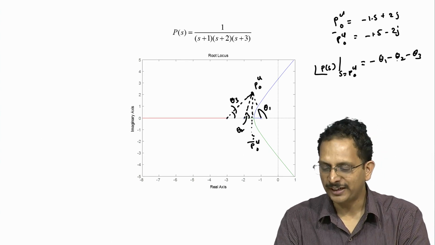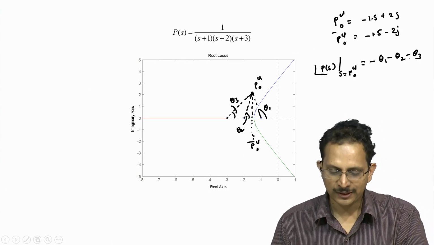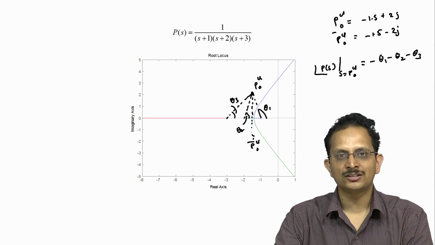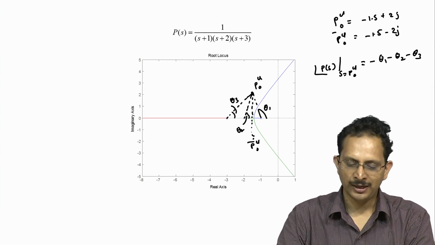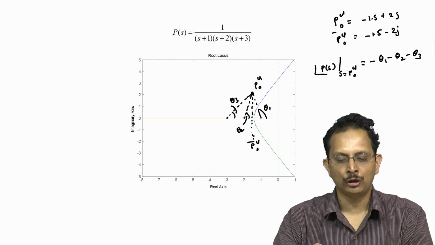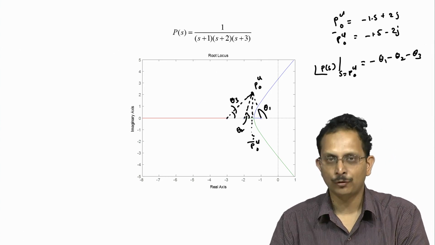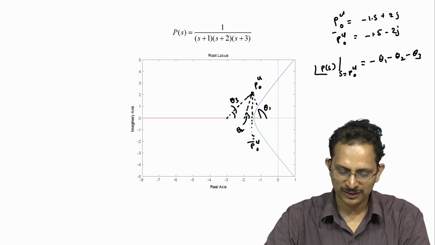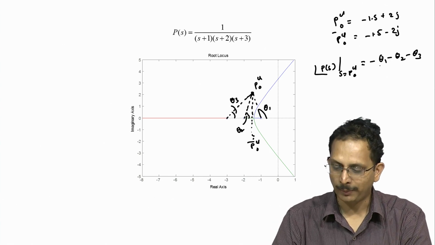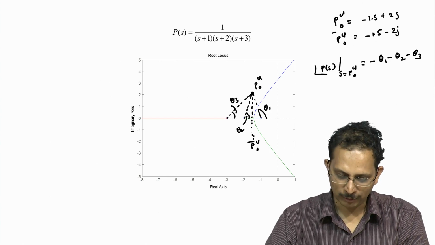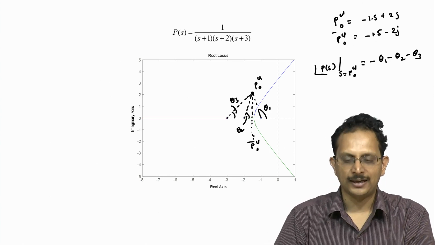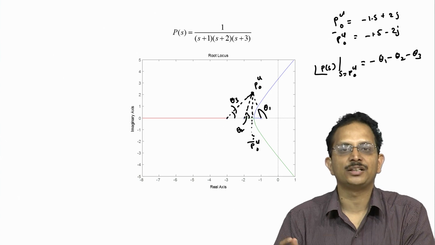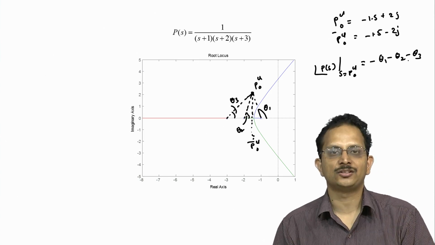The reason we have these negative signs in front of these angles is because they represent the angle subtended by the poles of our system, and poles are terms that appear in the denominator of this transfer function, and therefore the angles of these complex numbers: this complex number is s plus 1, and the angle of 1 by s plus 1 is minus theta 1, the angle of 1 by s plus 2 is minus theta 2 and the angle of 1 by s plus 3 is minus theta 3. Hence we have these negative signs here.